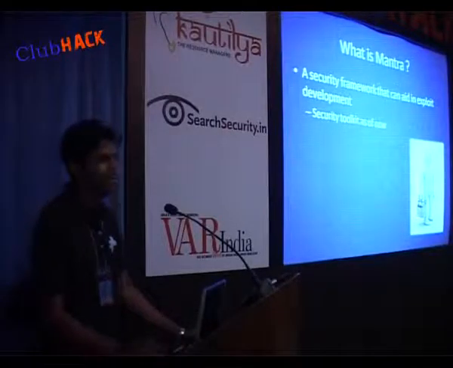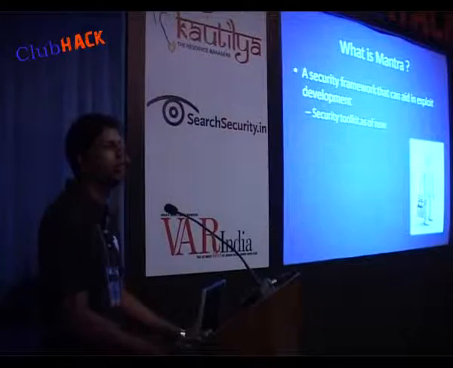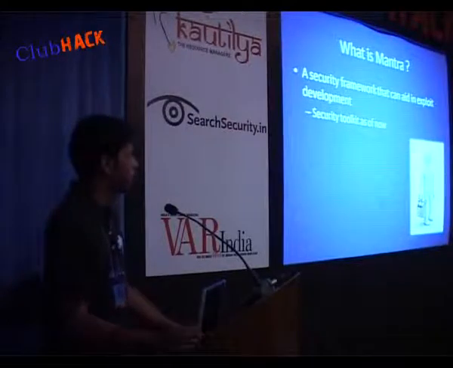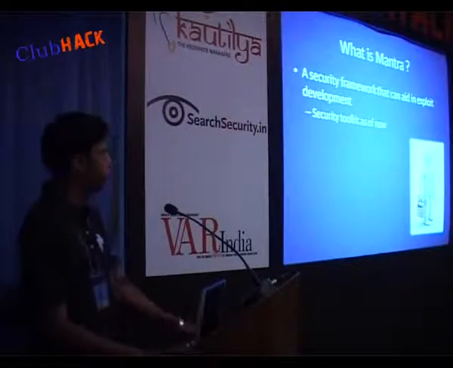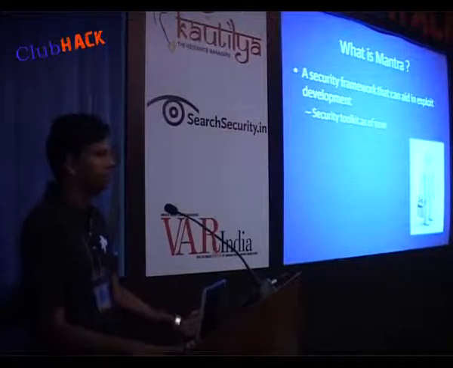Since work is still going on for this security framework, as of now Mantra is just a security toolkit.